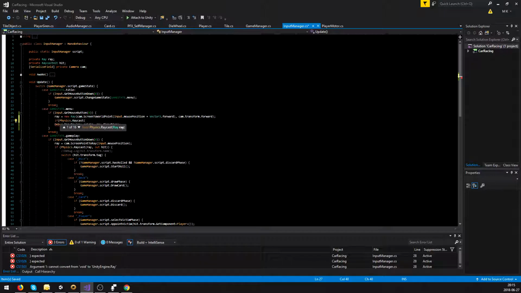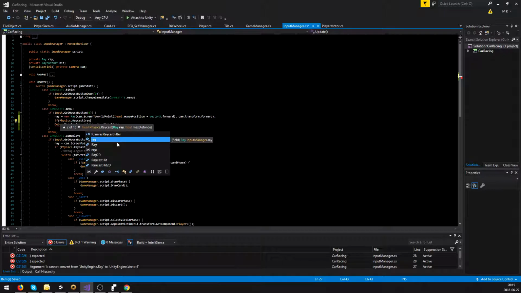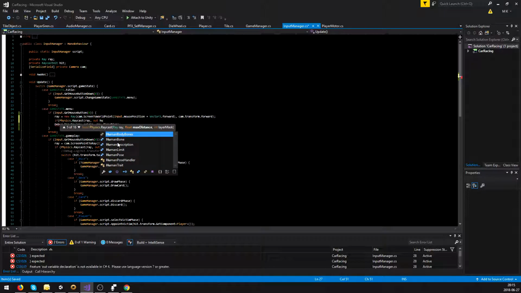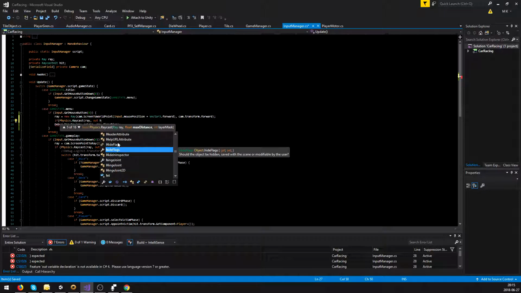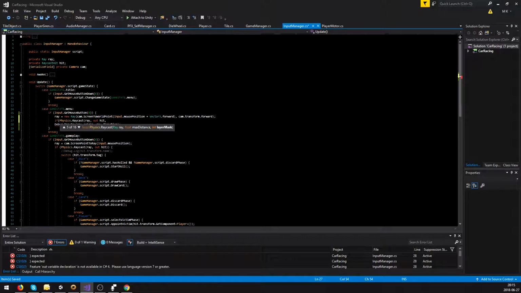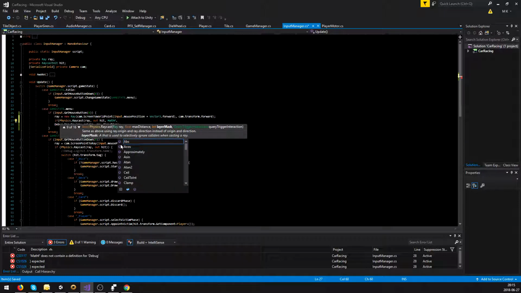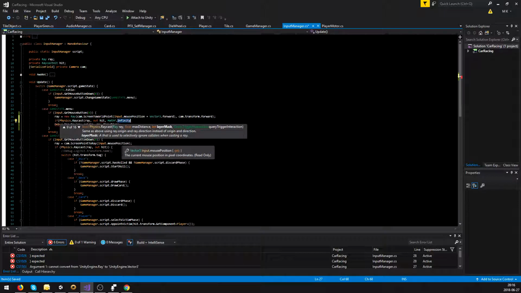So ray, comma, out hit, comma, Mathf.Infinity. There's a lot of functions I don't know. Yeah, this is just a shortcut for an infinite float, comma,